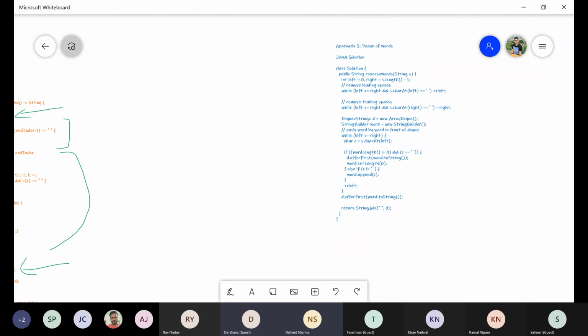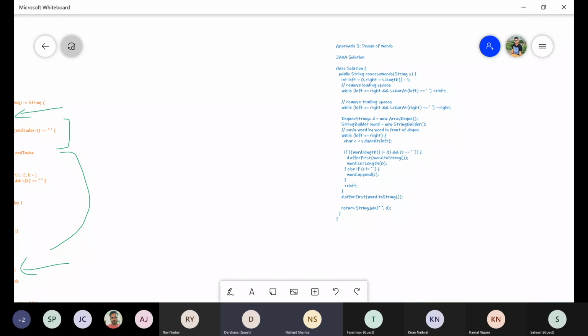Now we have seen this problem. The one thing we should think about is that currently we are taking order of n space. The reason is the strings are immutable. Now suppose the interviewer says there is no leading, trailing, or middle extra space problem. You have a normal string with a single space, and the string is mutable in nature, so you can modify the string in place.